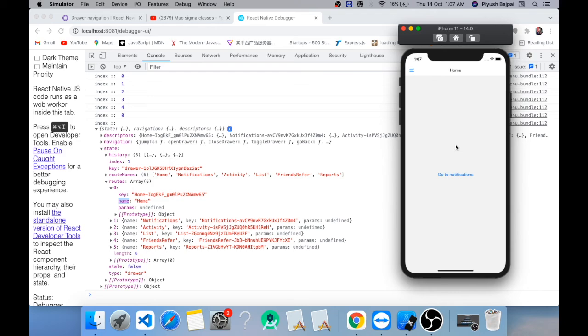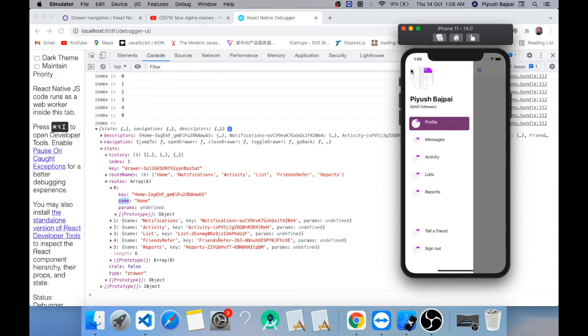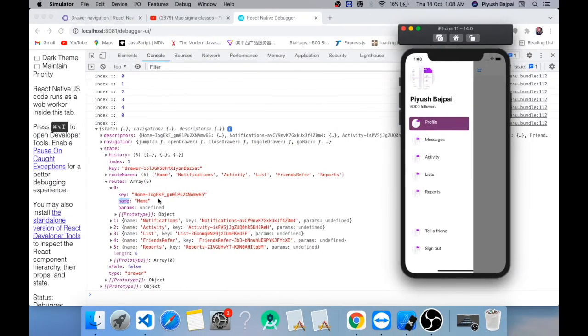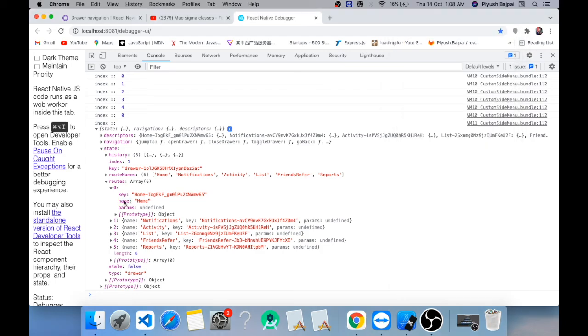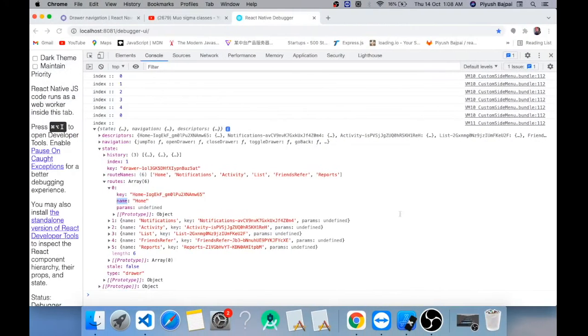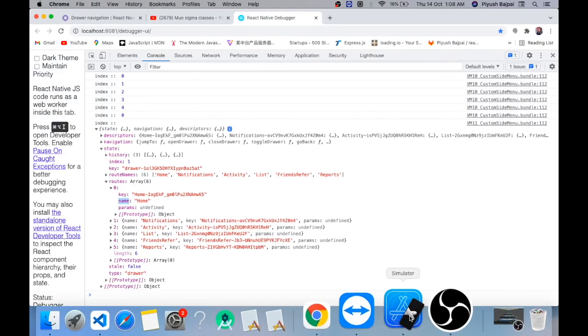So like this you can basically create your functional side menu in a React Native application. Like this, it's a very simple approach, right? You just need to take care of the index that you are getting here, and then you can jump into the specific index, and then you can access this name at this place, under this navigate, so that you can directly access your respective component.